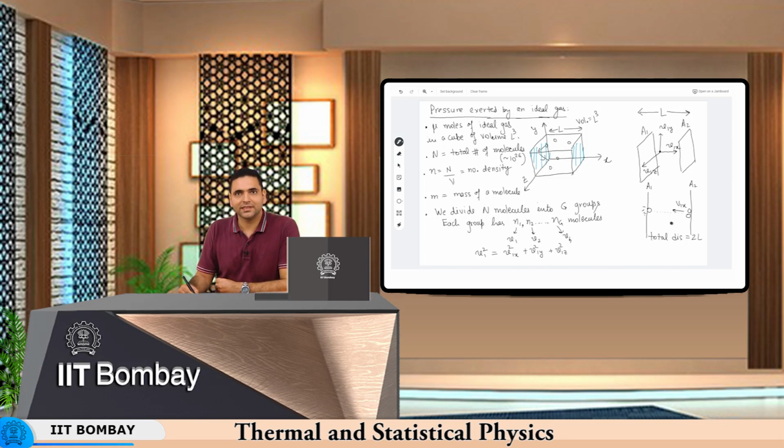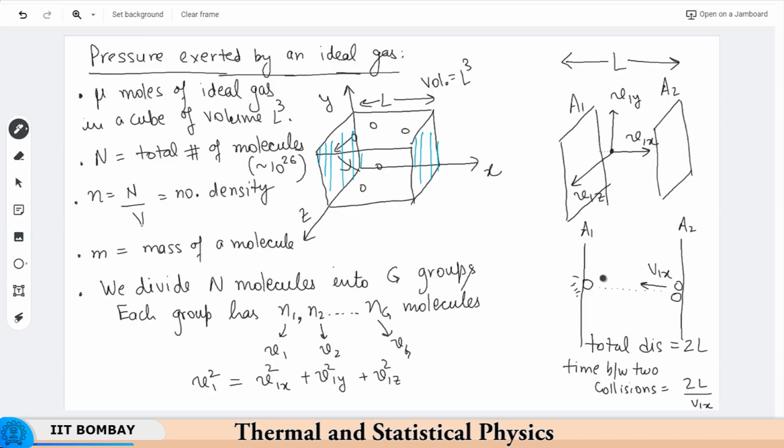since its average velocity is v1x, the time taken between two collisions is basically 2L divided by v1x, right. So this is the time taken by this. And upon this collision, what will be the momentum imparted by this molecule? So remember earlier this molecule was moving with m v1x, and upon collision its momentum changed to minus m v1x, right. So therefore upon collision,